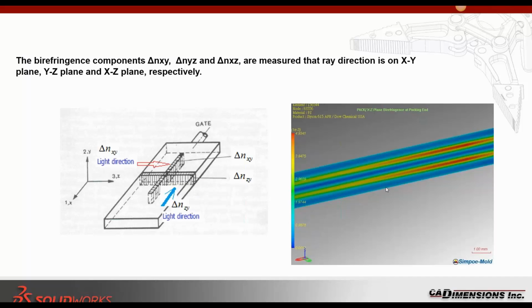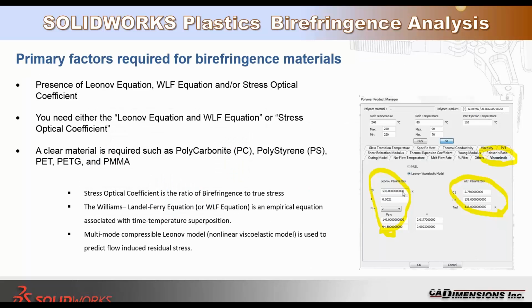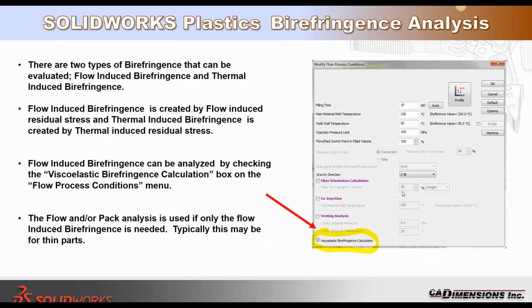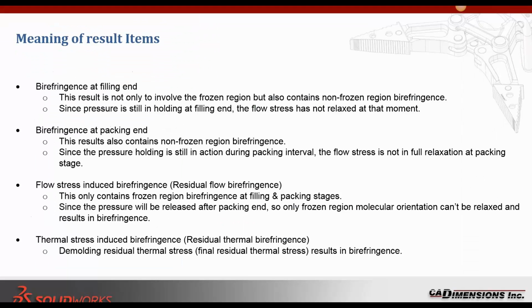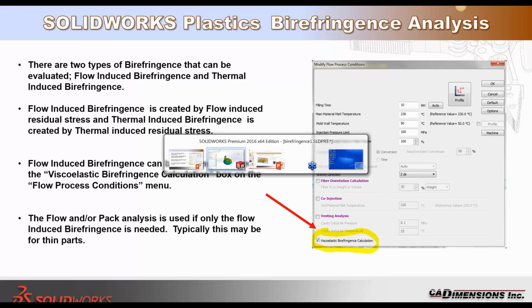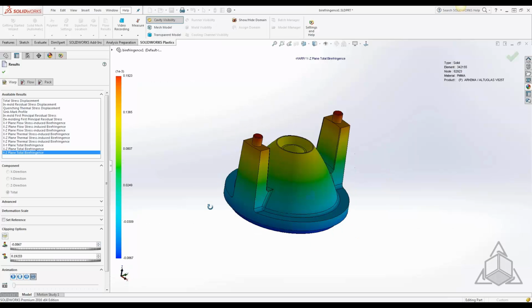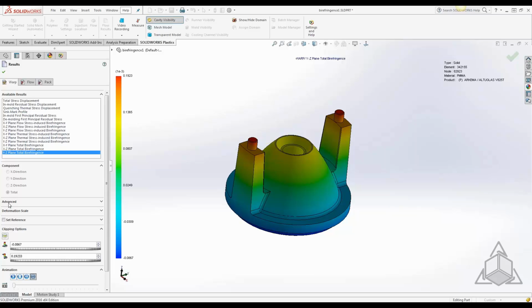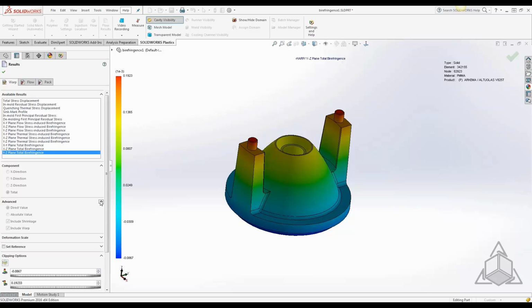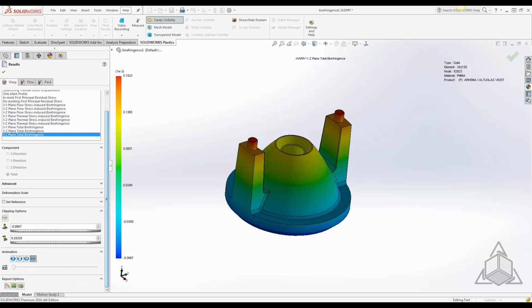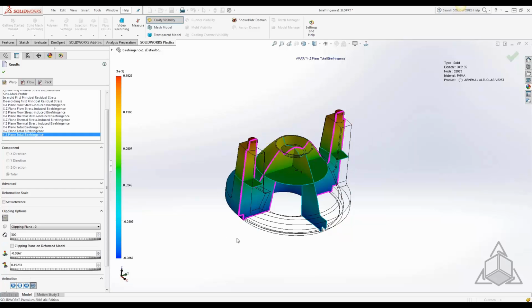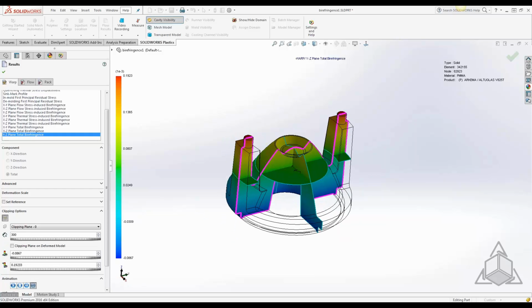This is, let's see, there should be a way of doing this, because this was taken as part of SolidWorks Plastics. So if we look at clipping,